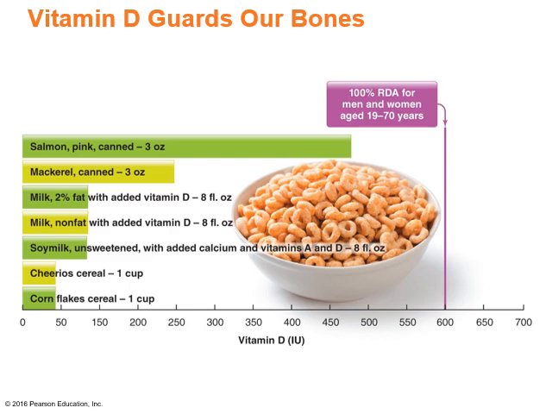There you see some sources here. Some canned salmon, delicious, right? Canned mackerel, so these canned fishes, there's some decent sources for it. Look at milk here. So milk, 2% milk, non-fat milk. You look, they both actually have the same amount of vitamin D in them. Key difference is the amount of fat in the milk, and we discussed that in our fats chapter. Soy milk, which is fortified. Cheerios cereal, cornflake cereal, these have a little bit of vitamin D in them as well.